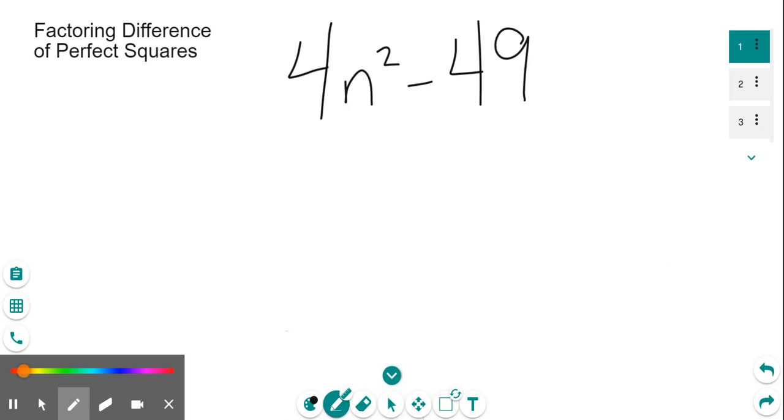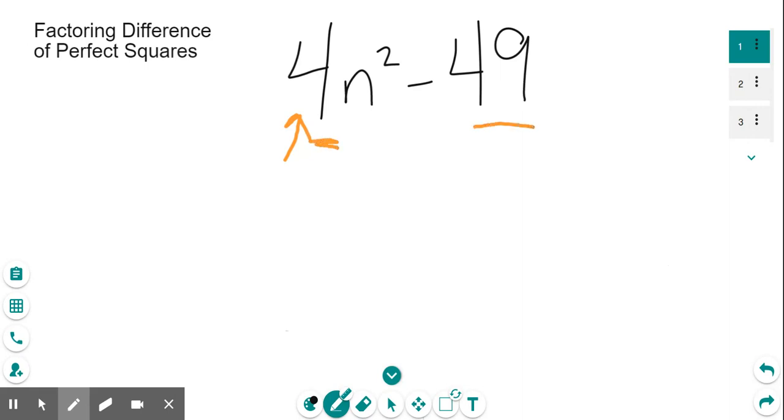So here we have the question 4n squared minus 49, and we have to factor it. Now, usually when I see a number bigger than 1 in the beginning, I check to see if there's a greatest common factor. Is there a greatest common factor where 4 and 49 are concerned? I don't think so. Now, if you wanted to check,